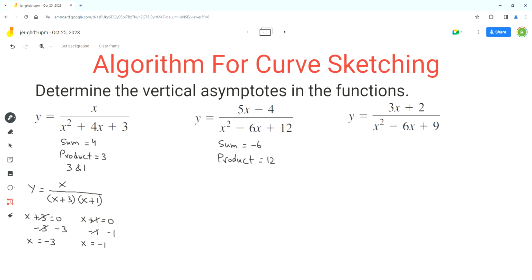So next, we should see if there are any solutions for the trinomial in the denominator. For that, we can check the discriminant of this trinomial and see if it has any real roots or real solutions. So for that, we should do the calculation for discriminant, which is equal to,